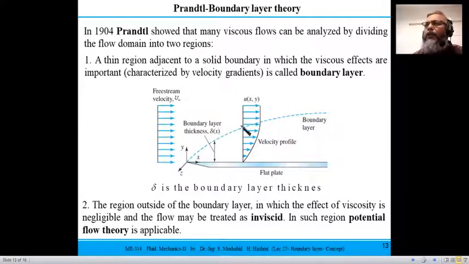And if it is irrotational, then we can use the potential flow theory to get information about that inviscid region. So Prandtl suggested that a different theory be applied for the flow field where viscous effects are not dominant. That would be called inviscid flow theory or potential flow theory. And the region in which the viscous effects are dominant and the velocity gradients are present close to the boundary would be called the